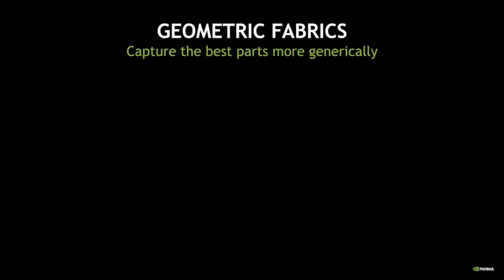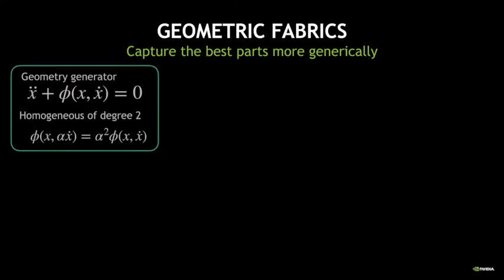Okay, so geometric fabrics really take that intuition and capture the best parts of it, but more generically. So for starters, this notion of geometric consistency can be described just as a geometry generator, which we have here. A geometry generator is just an equation of this form. As long as that phi is what we call homogeneous of degree 2, which means that if you scale the velocity, it just ends up scaling the outputs by the scalar squared, then we end up with this geometric consistency